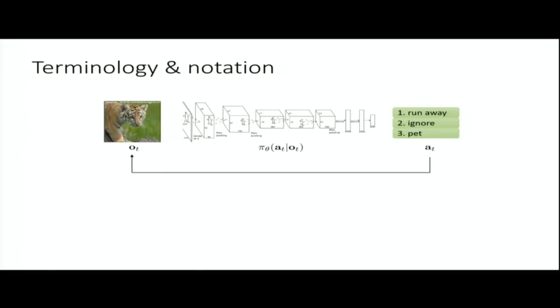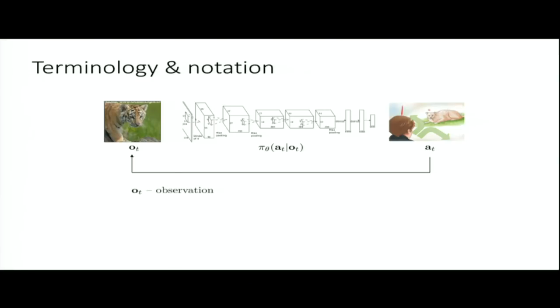You can also have continuous actions. So you can say, well, when I see this tiger, I'm going to choose which direction to run. I can run forward, I can run backward. And then instead of having a softmax at the top of my network, maybe I have some sort of continuous distribution. For instance, you might output the mean and the variance of a Gaussian distribution. So in general, the idea is the same. You're just outputting some parameters of a parameterized distribution at the top, and it can be discrete or continuous or hybrid. It could be a mix of both.